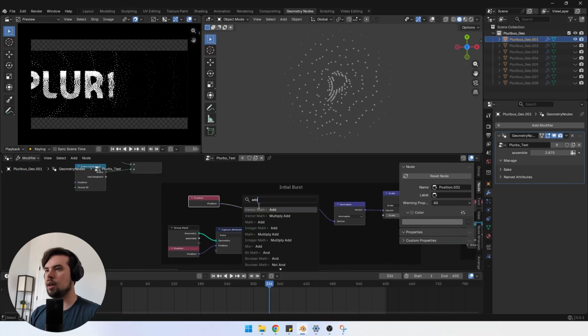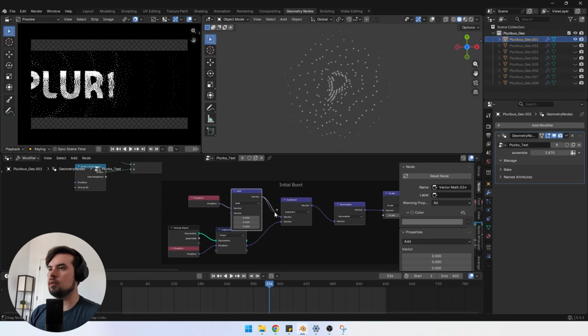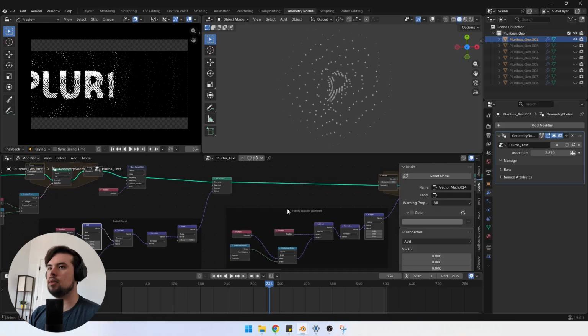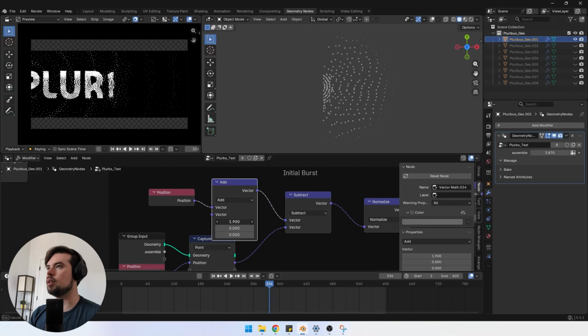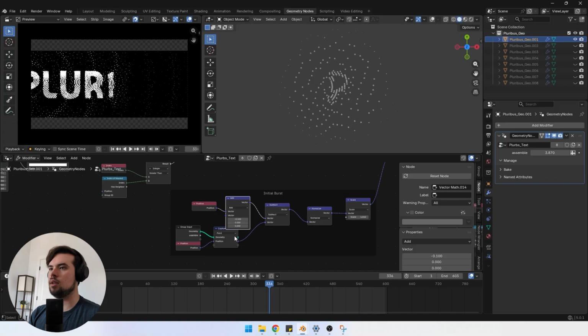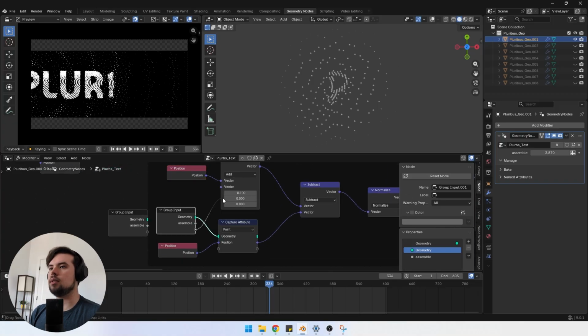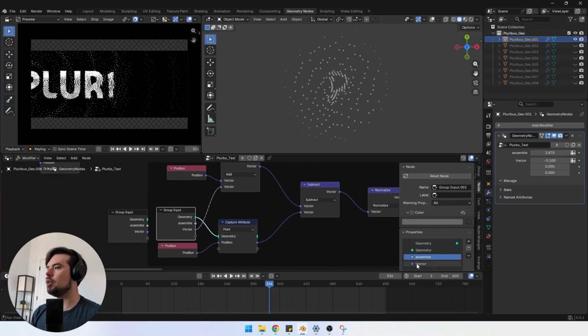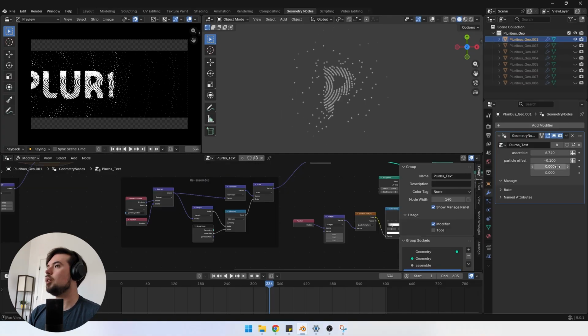We can create an add vector. We have to temporarily delete our bake so we can see what this actually does, and that moves the origin point of our assembly. So I'm going to move it over a little bit, and actually what I'm going to do is create a new vector input and call this particle offset, and now I can change the center of the assembly for each object. Now let me bring this assemble unit up to 20,